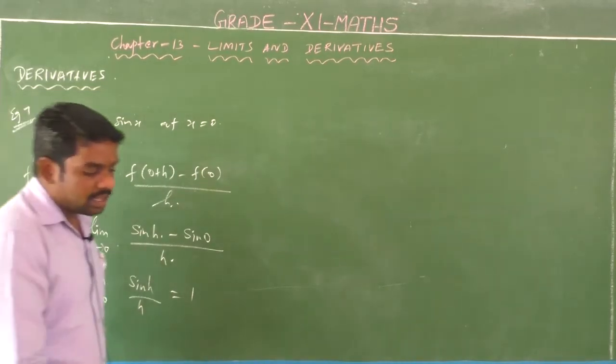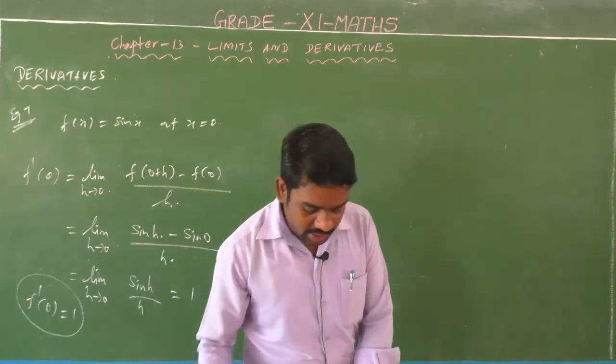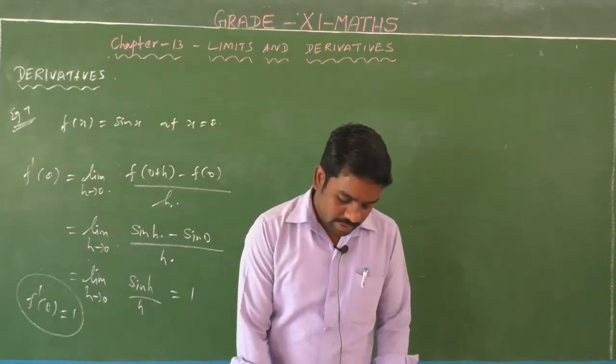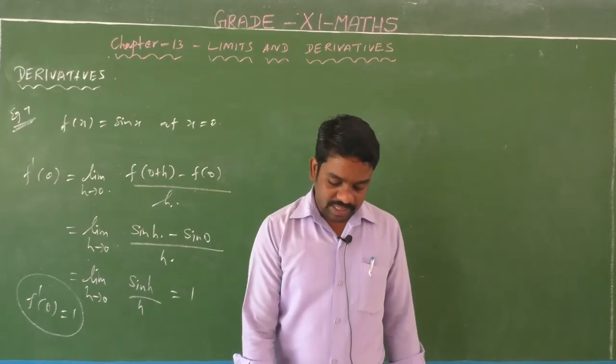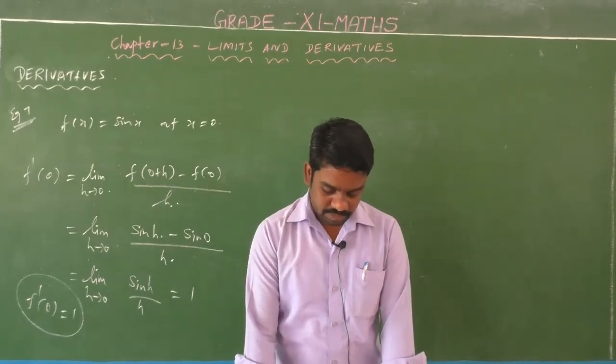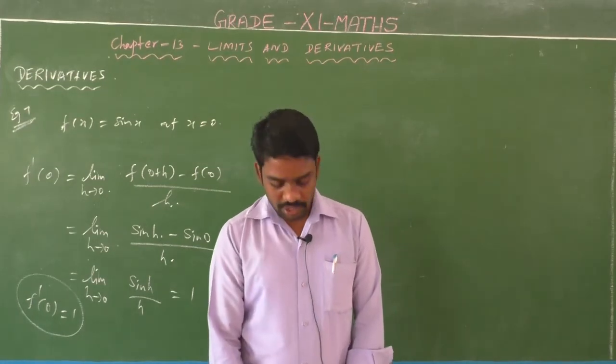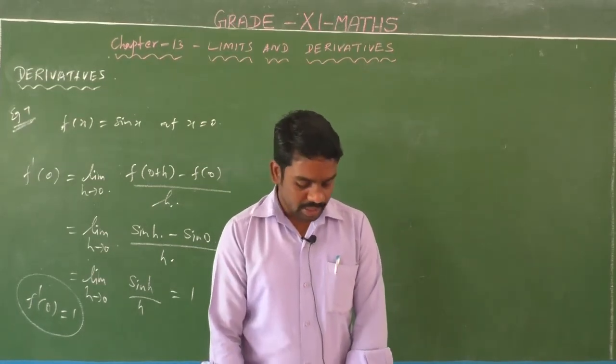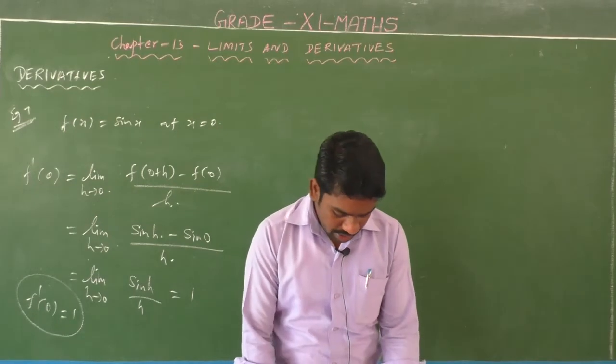Okay, right. Next, the 8th question. Find the derivative of f of x equal to 3 at x equal to 0 and at x equal to 3. So find f dash of 0 and f dash of 3. Solve this question; example number 8 is homework. Okay, right. Next question,